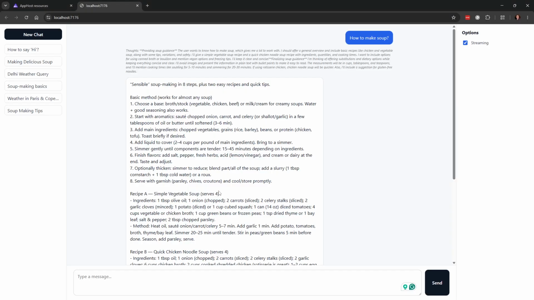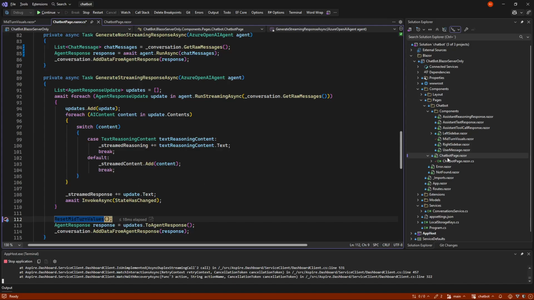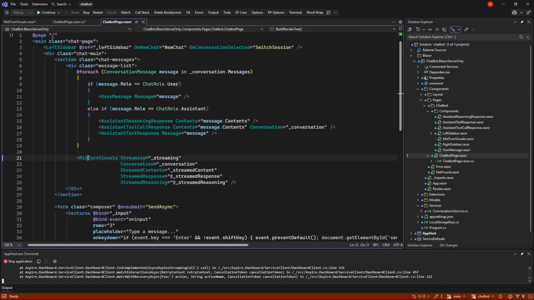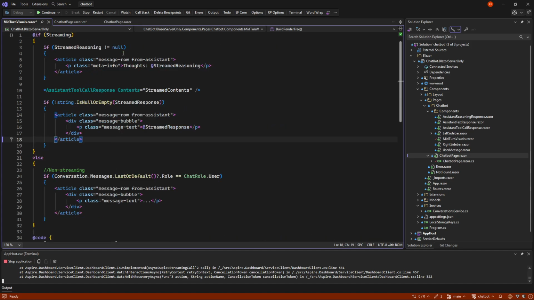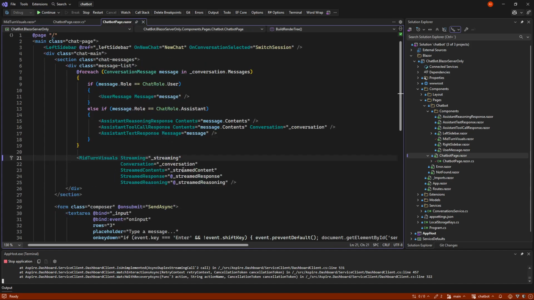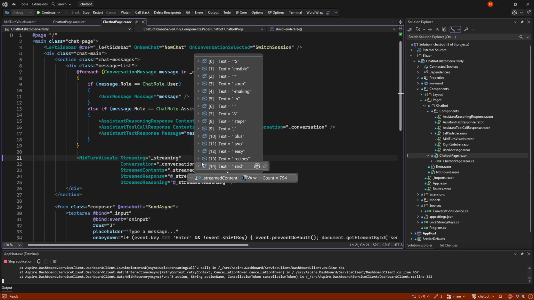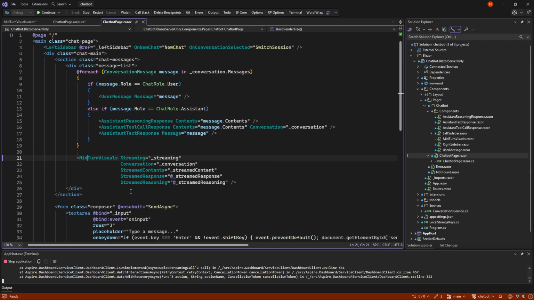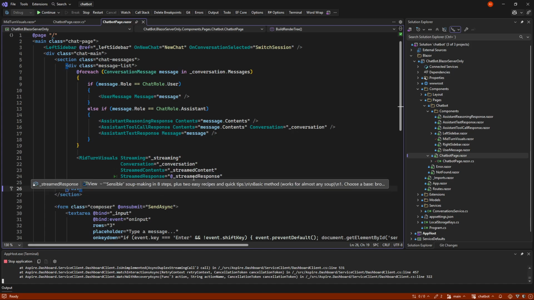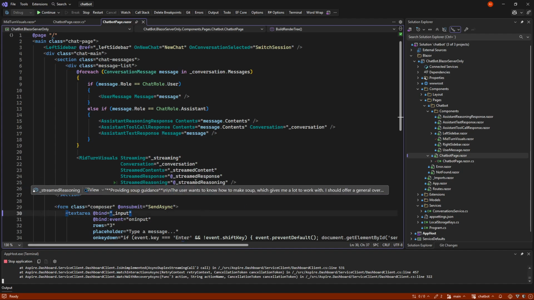and we see this GUI, these are right now controlled by the mid-turn visuals here. So these are the ones that have values in streaming content. So we saw we got 700 streamed contents. We got our streamed response, so the full response is finished, and the streamed reason is finished.